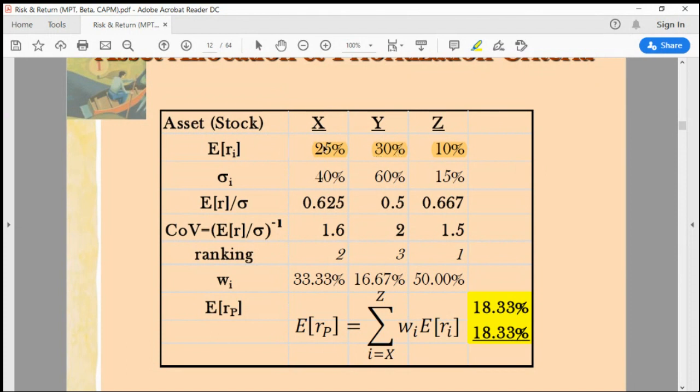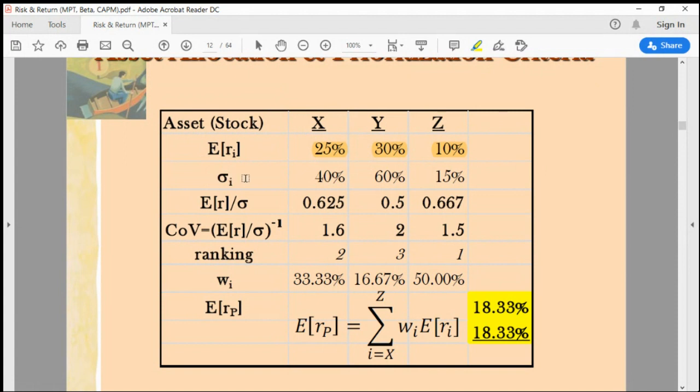And obviously, between these three stocks, Y will be the most preferred because it's got the highest expected return. Then X will be the second preferred, and Z will be number three. But then think about it. You might want to allocate the most of your funds into Y, the second most into X, and the third into Z. But the problem is you're only looking at expected return,